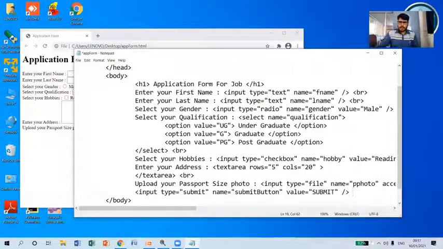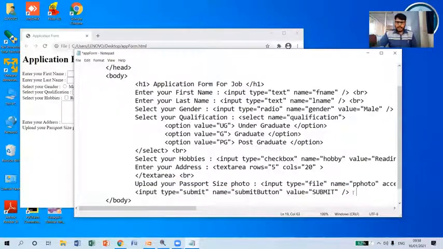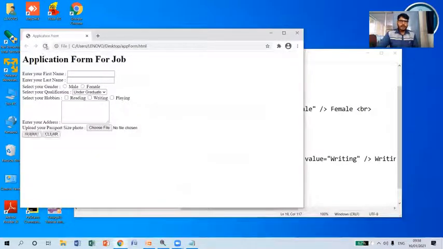Right, so I'm going to close this, and also I want to include a reset button as well, so that for any corrections he wants to make, he can simply clear all the data. For that reason, I'm going to use the reset button here. So for the reset button, type I need to mention is reset, and even I need to change this name also as reset button. And also I want to change this value as clear instead of reset. Now I'm going to specify clear. Right, so now I'm going to save this and reload this.